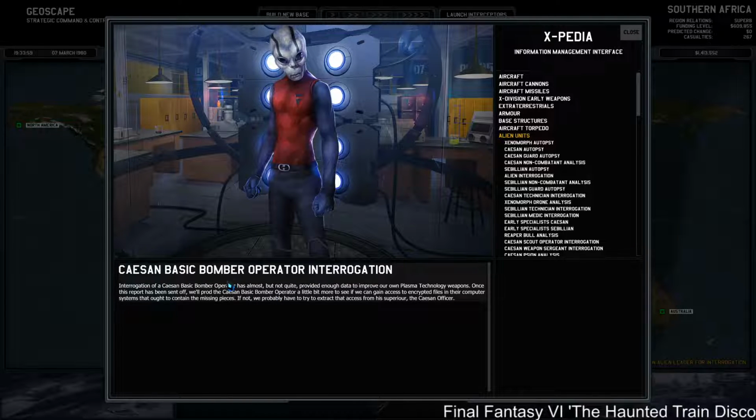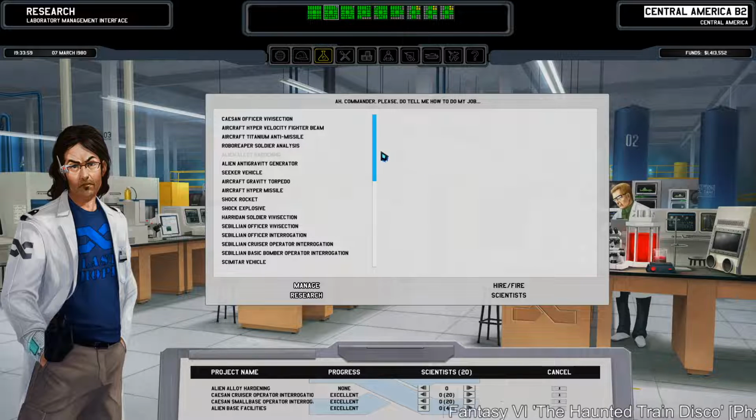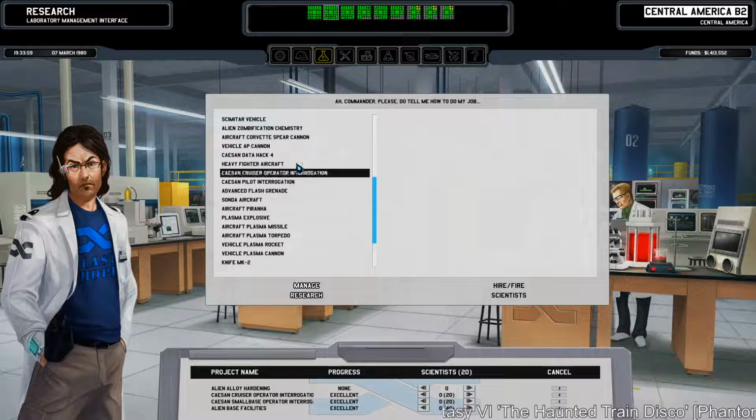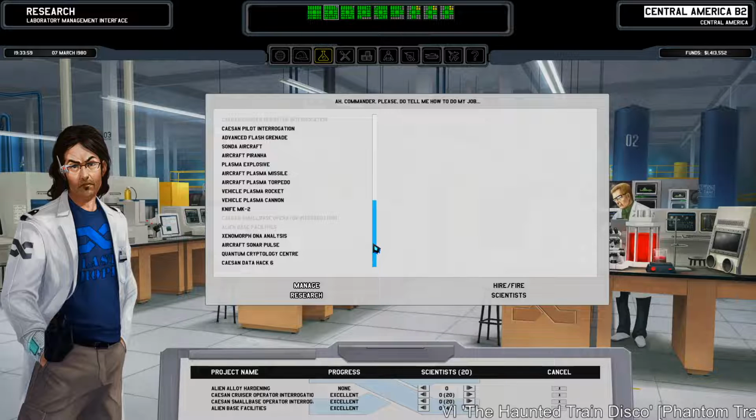Basic bomber interrogation. Typically, learn about data hacks if we're lucky. We got data hack 6. So we've got probably about two-thirds of the Mark III plasma weapons ready to go. The other one's almost certainly going to be from the terror operator, actually. We got probably one from the officer. We got one from one of the craft operators. The landing operator, right? And the last one...